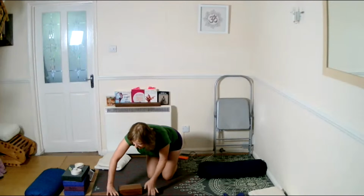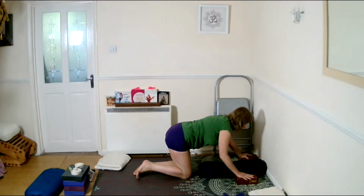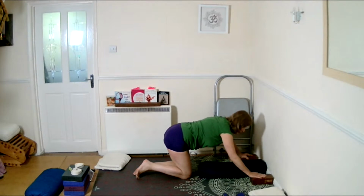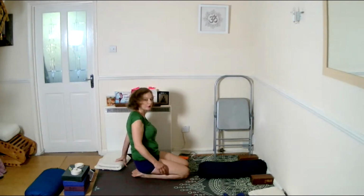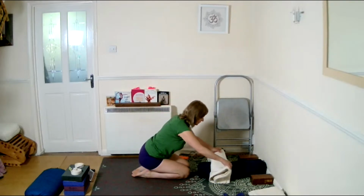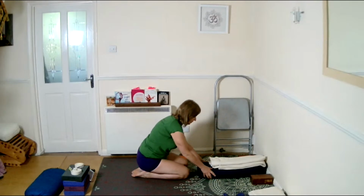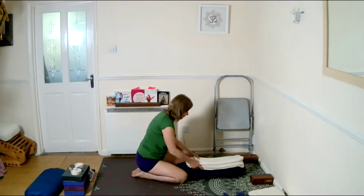I'm hoping to get mine installed soon. So I'm going to take bricks for my hands, and I'm going to put a blanket on my bolster. I'm not sure today what I'm going to need, so it's always best to have more props than you think. And that bolster is going to come just a little bit back from the wall because it needs to be